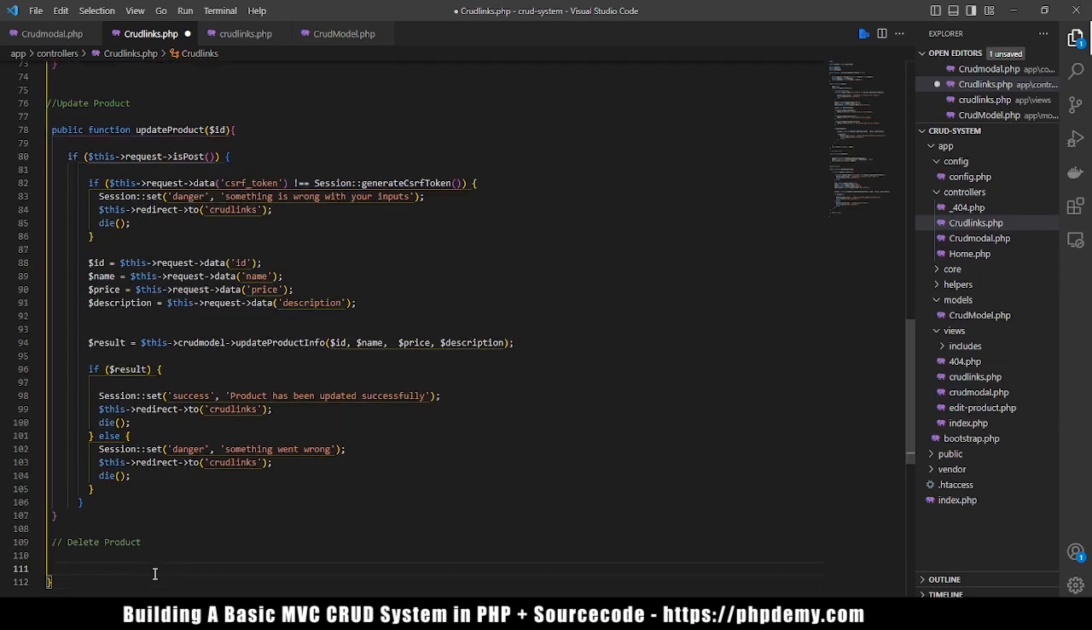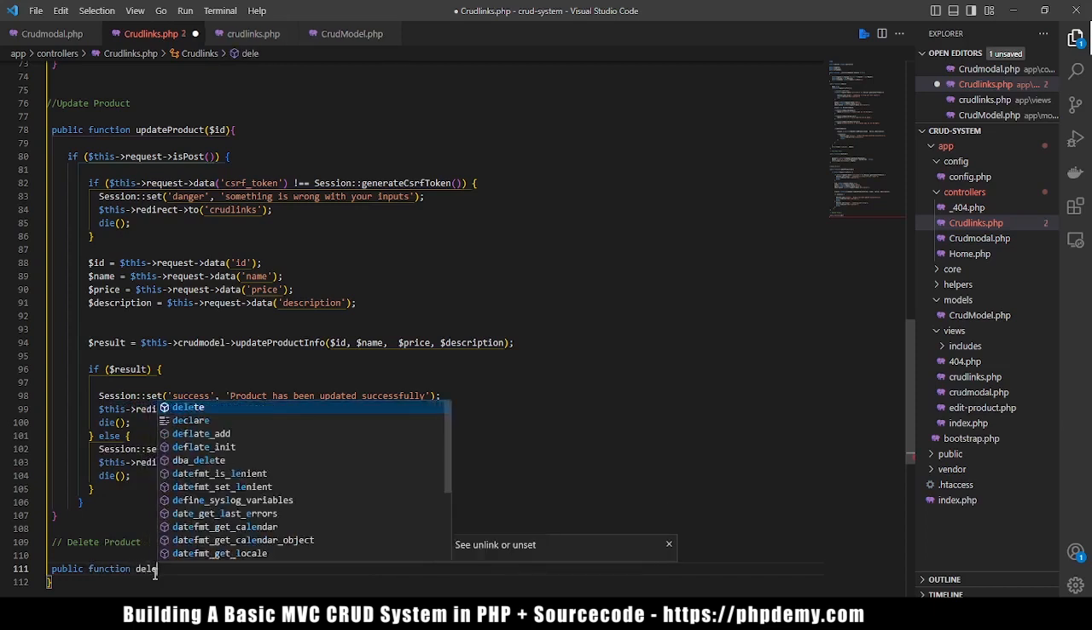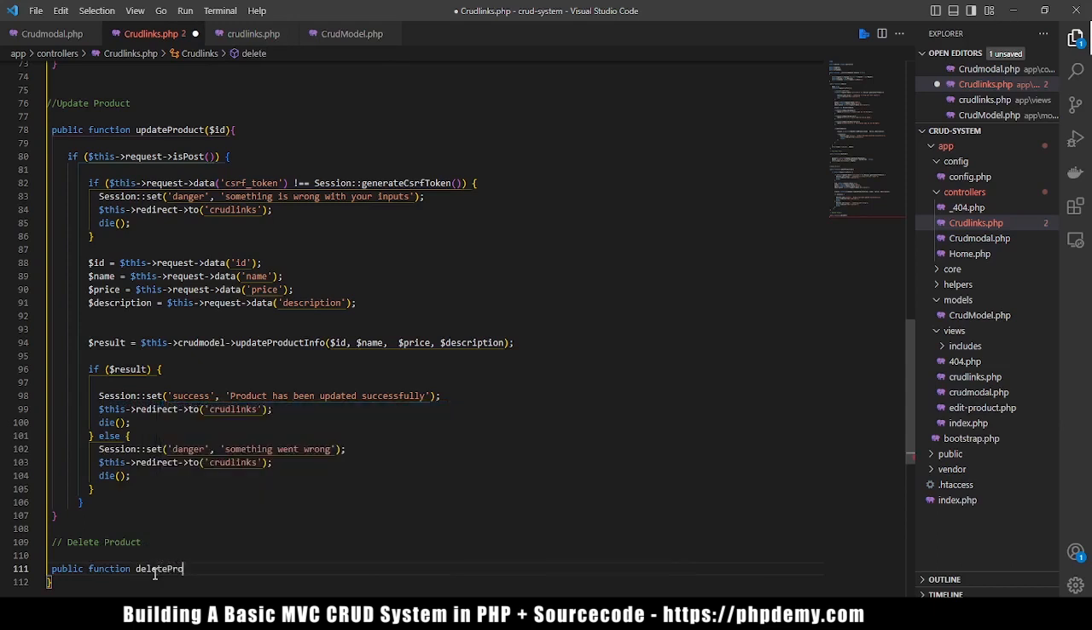So we say public function deleteProduct, and then we have parameter ID,